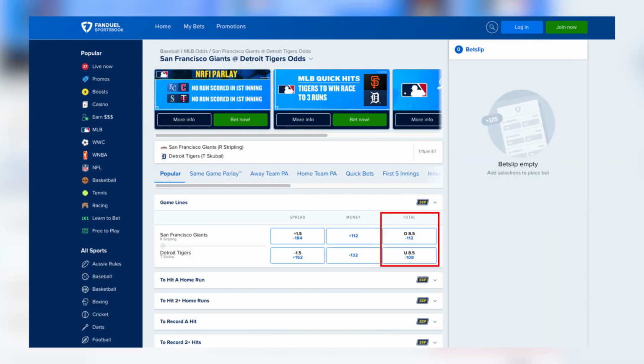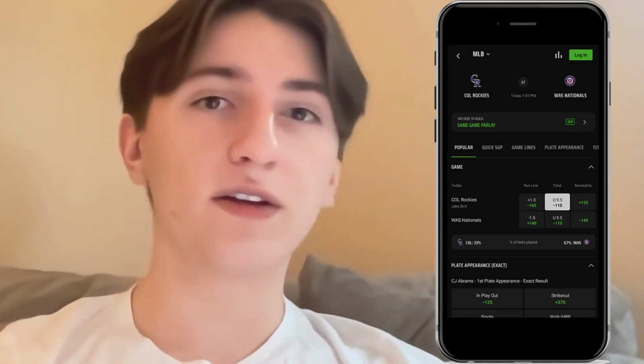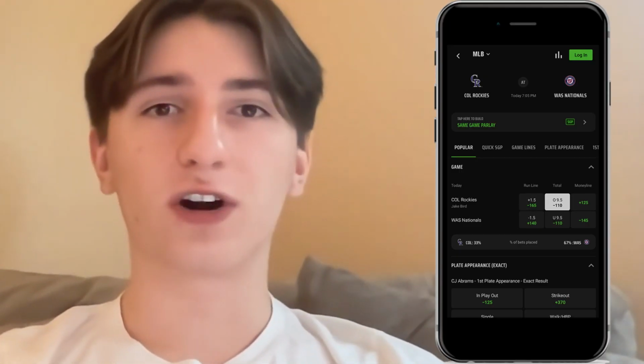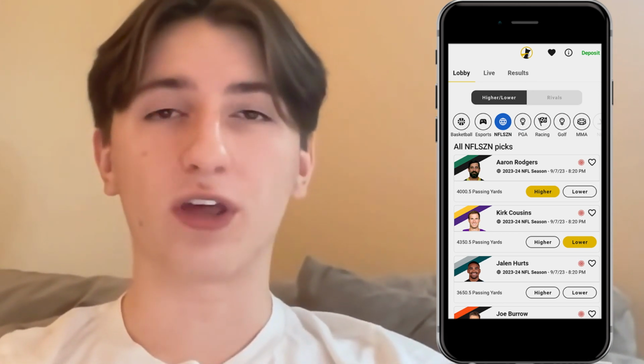Overs and unders in sports betting are probably the most common type of sports bet. It's the first thing that really comes to mind whenever you think of placing a bet. Whether it's over or under on total runs in a baseball game, over or under on a player's passing yards in a football game, you're going to find overs and unders in basically every single sport and every single type of bet. So it's really important to think about which one is likely to be more profitable.